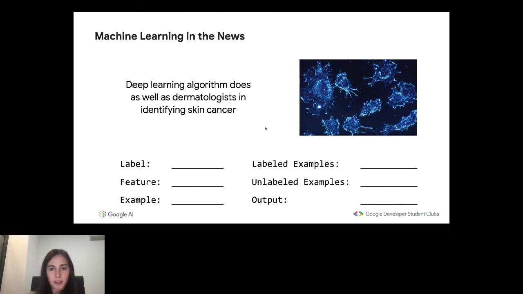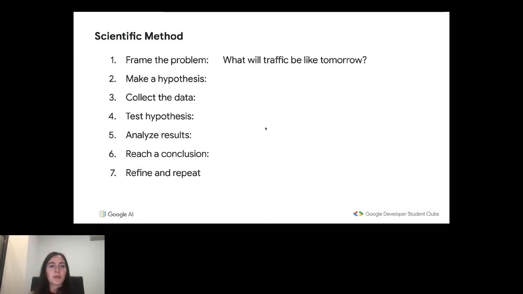Okay, so once we've looked at this example, I think we're able to identify a framework and a correct methodology to follow when we're looking at a problem and we think machine learning could be useful to solve it. So first of all, we have to frame the problem. As we said before, we want to understand if a person has skin cancer or not. This is our problem. Another problem that we have in this slide, for example, we want to understand what will the traffic be tomorrow.